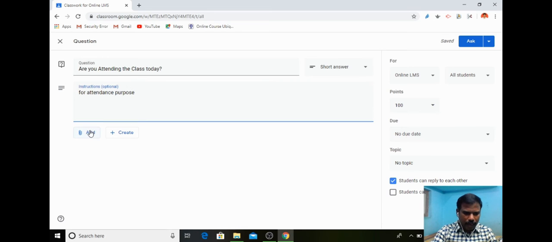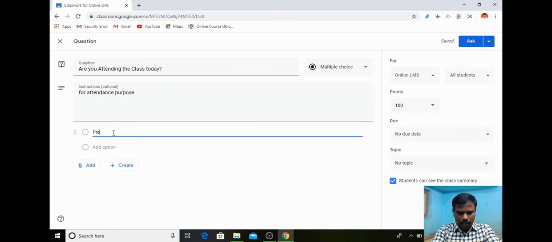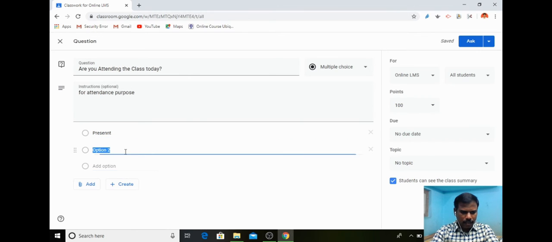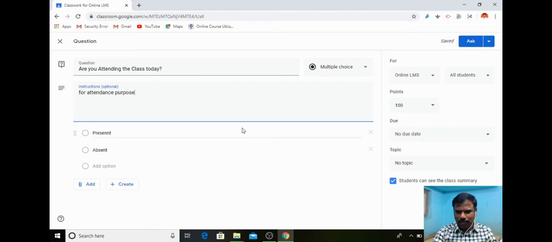So here I can add materials or I can select multiple choice. Here present, and I am using absent. So this is an interactive way of taking attendance in Google Classroom.